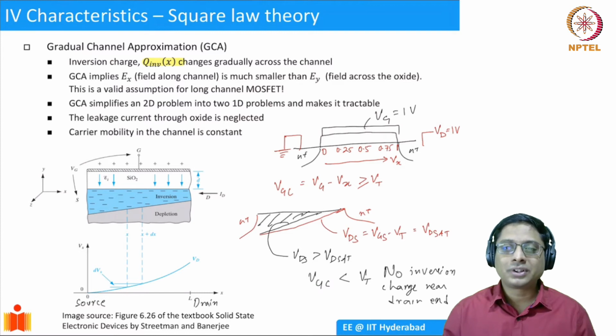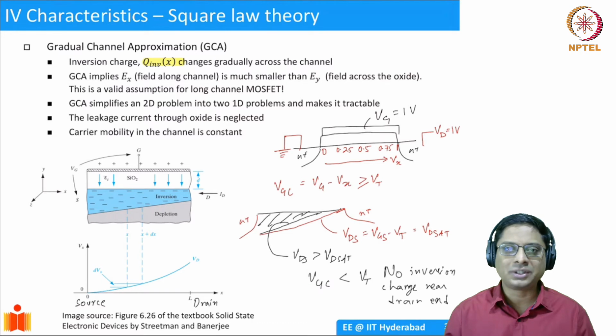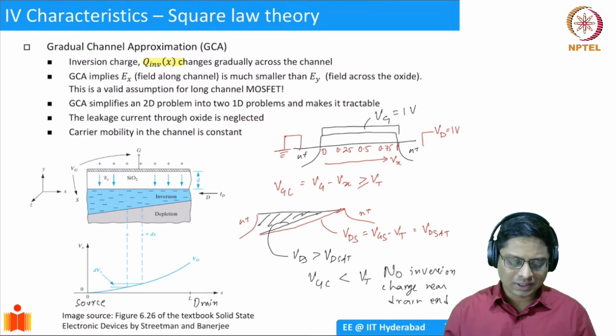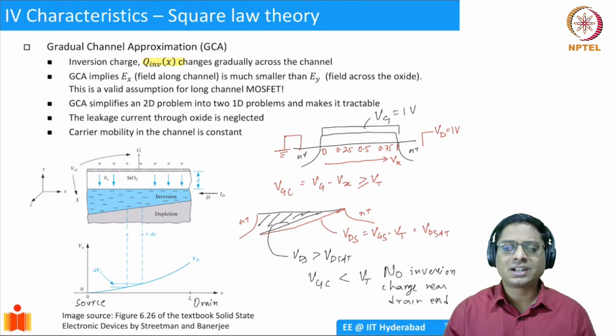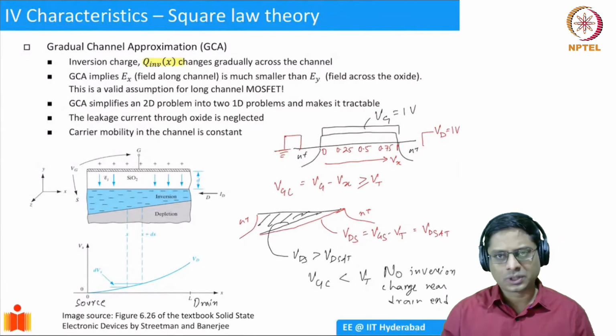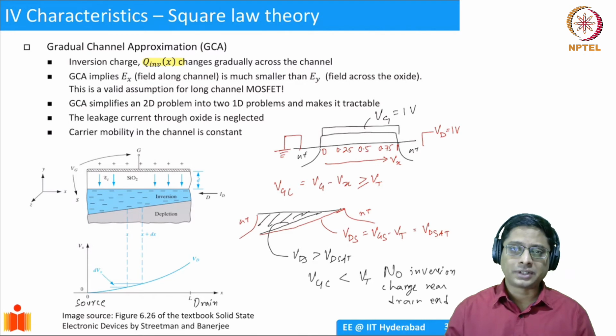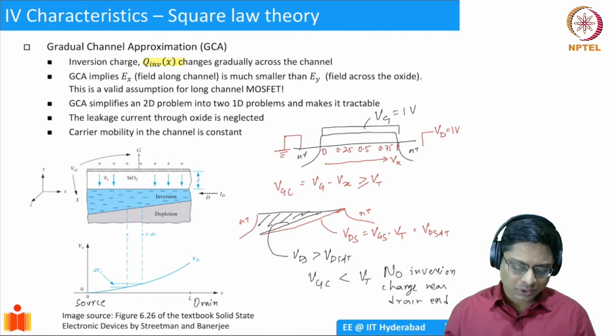It's important because we are neglecting the horizontal field. If you actually have to do it accurately, we have to take both fields into account, and then it becomes more complicated. We have to do it numerically. We can't do it analytically easily. But this seems to be a reasonable approximation, especially when channel length is long. We will discuss what is long channel and what is short channel down the line. But traditionally, the channel lengths were microns, 10 micron, 5 micron, 0.25 micron, and so on. We will discuss more about that.